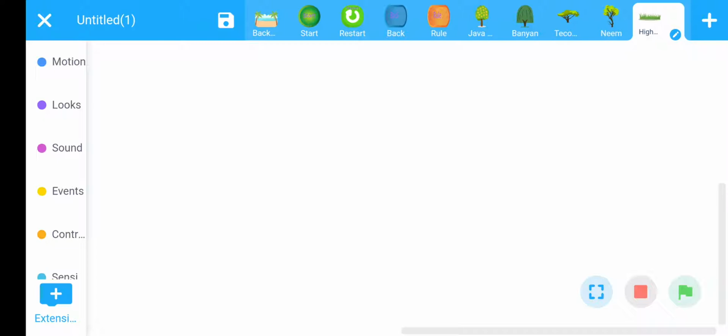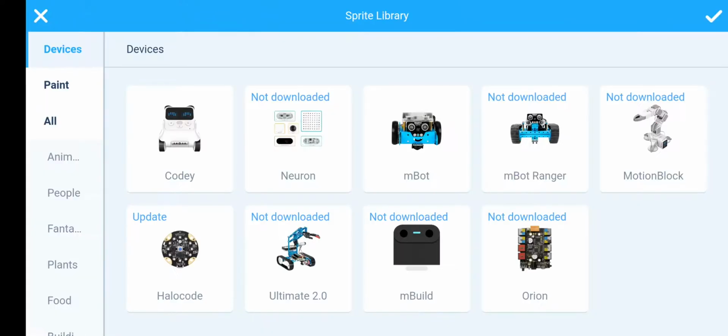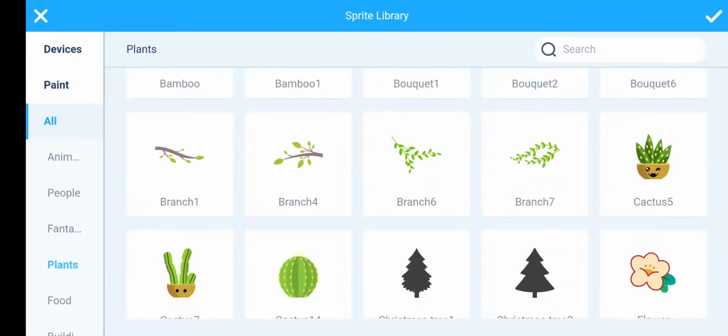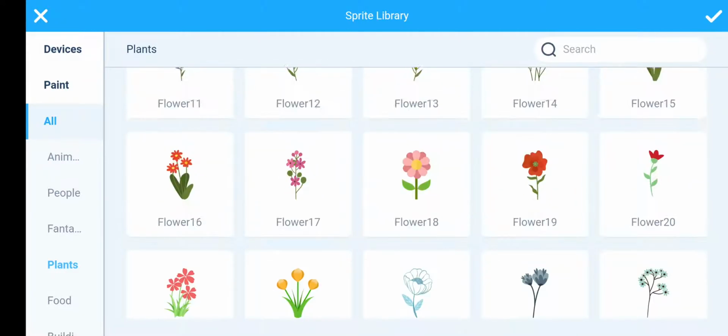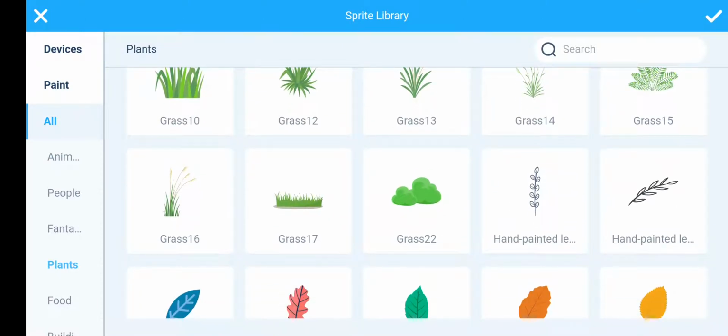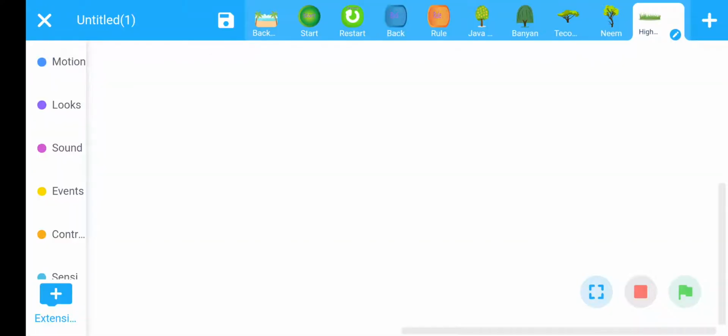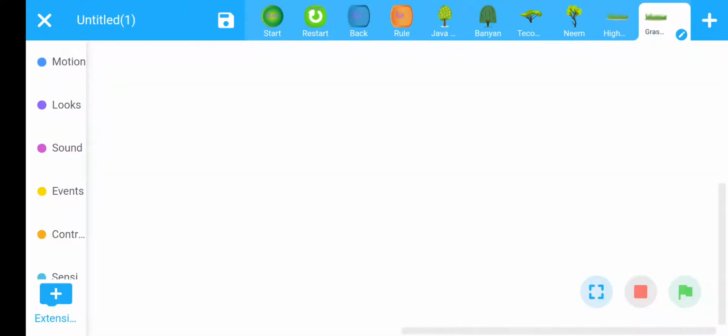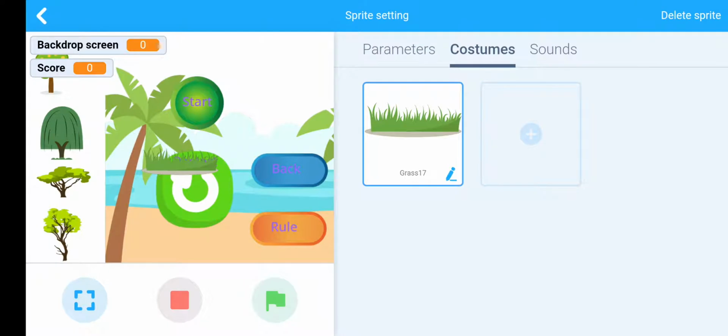Then again same process, click on plus button, go to plants. Same grass 17 sprite is added, but the name is changed.